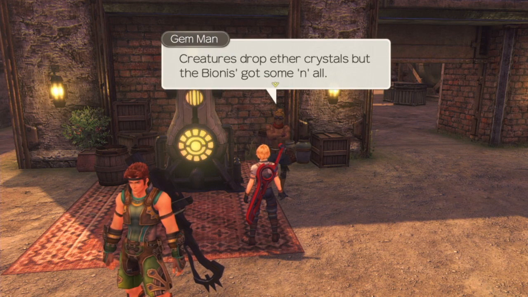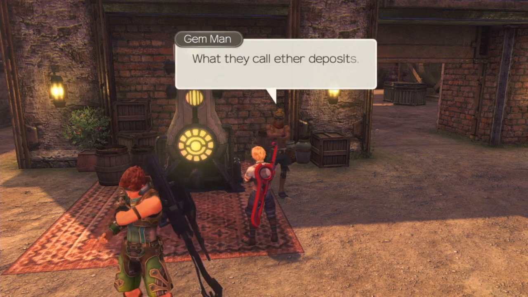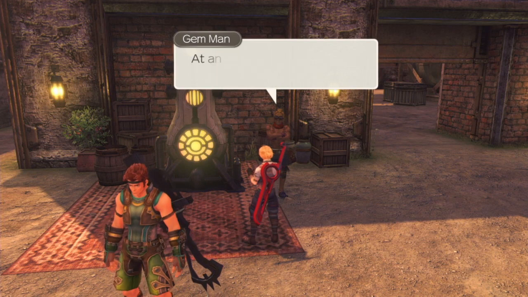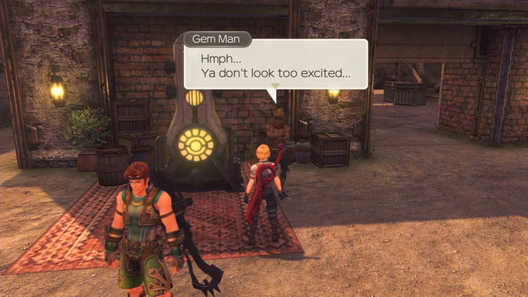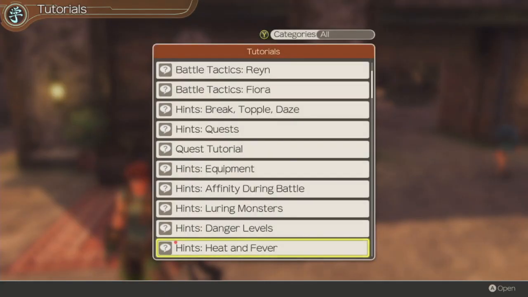Now, creatures drop ether crystals, but the Bionists got some and all. What they call ether deposits. Keep an eye out for them. We'll get to that when we find them. At any rate, the Bionis' ether crystals are loaded with power! You don't look too excited. That's nice. More importantly...